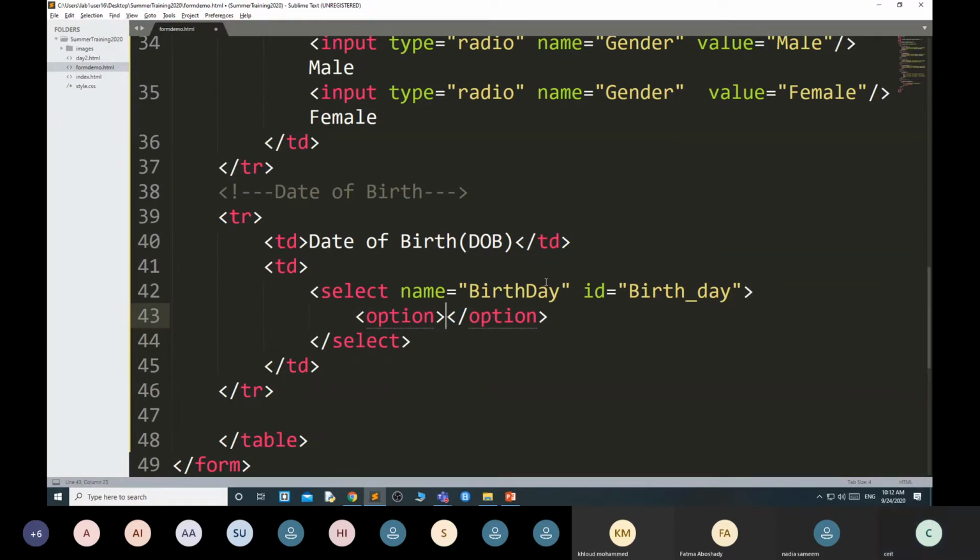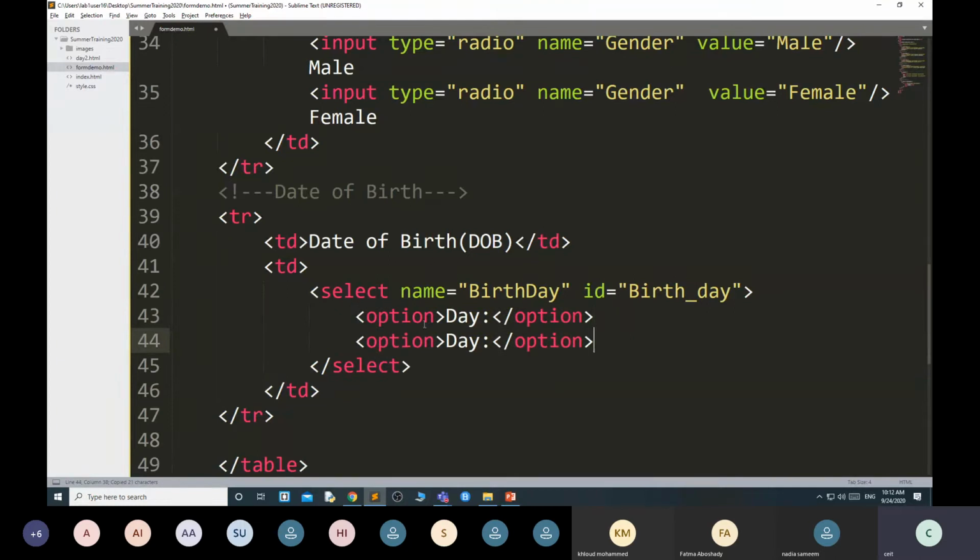Like day, this will be the first option. I'm not going to give any value. Then copy, paste. Here I am going to give the value 1 and here 1.